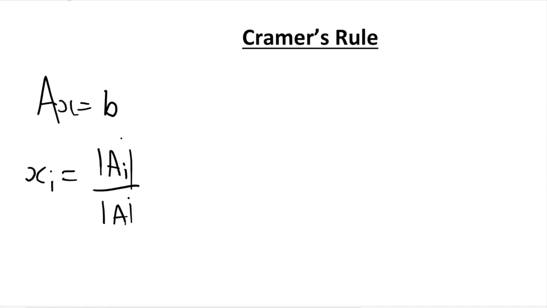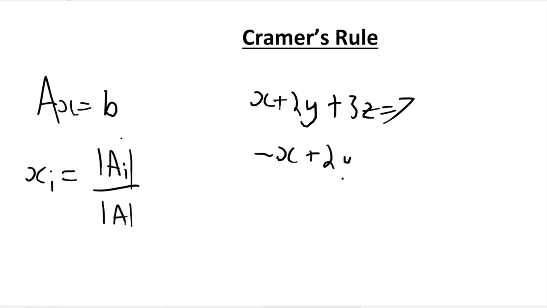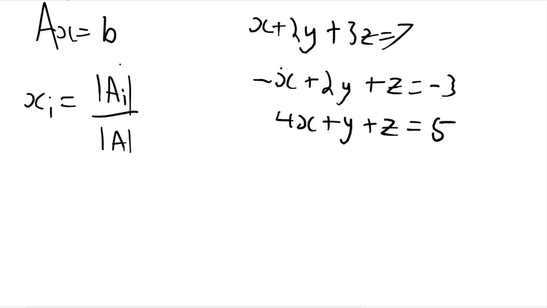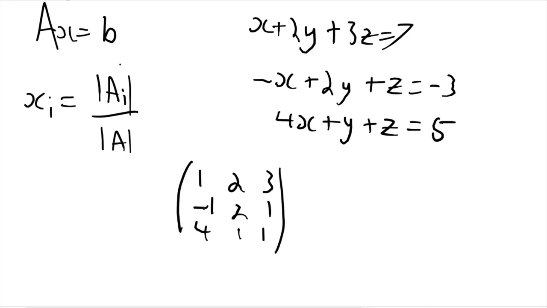the determinant of A, where Ai... so let's say we have the equations x plus 2y plus 3z equals 7, minus x plus 2y plus z is equal to minus 3, and 4x plus y plus z is equal to 5. This set of simultaneous equations can be written using matrices as 1, 2, 3, minus 1, 2, 1, 4, 1, 1. This is the matrix A, and the first row is just the coefficients of the variables